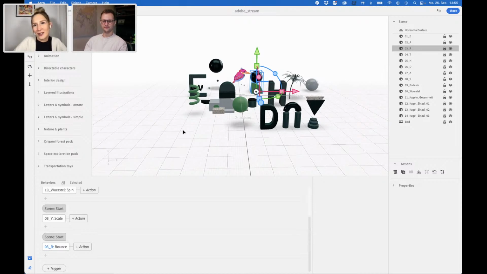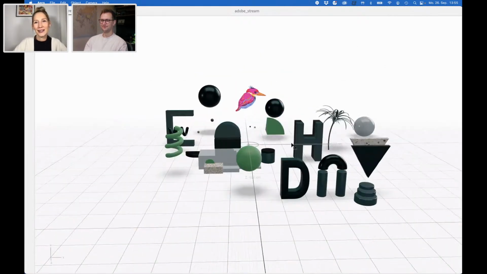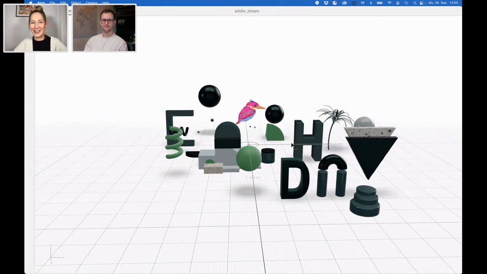I see. So it's super fun to play around. And it makes total sense to have a nice concept that is taking you through the experience. In the right direction, exactly. But yeah, it's super fun.